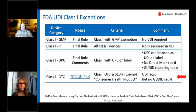So the last exception for Class I devices deals with the new FDA final ruling. And we spoke about, if you're a manufacturer of a Class I device that is sold solely over the counter, then UDI is required in that you must assign a UDI and you must have it on your label. However, those are the small subset of products that it is not required or mandated that you enter your information